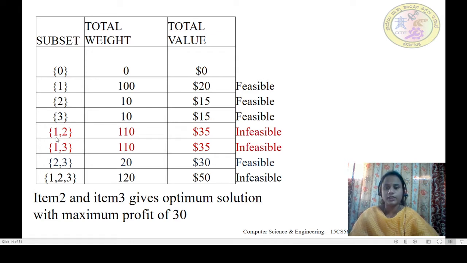After combining 1 and 2, this is a subset which combines two items, item 1 and item 2. Item 1 weight is 100, item 2 weight is 10. Total weight is 110. You can see here. Total profit is 20 plus 15, that is 35. Okay. The same way we can